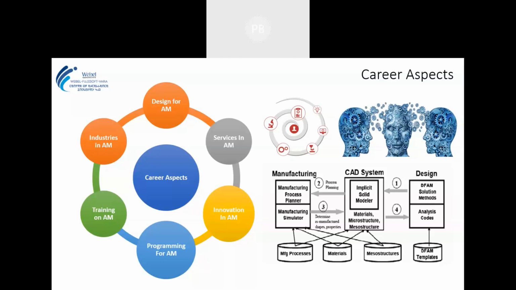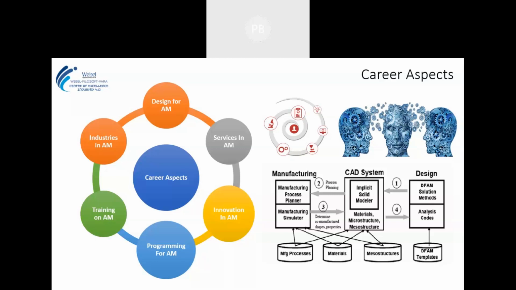Innovation in additive: you can come up with very new innovations. As we have already discussed, one startup from IIT Madras has come up with house 3D printing, which is a concrete 3D printer. Certain levels of innovation can come from your end, which can not only create history but also develop business and workmanship.